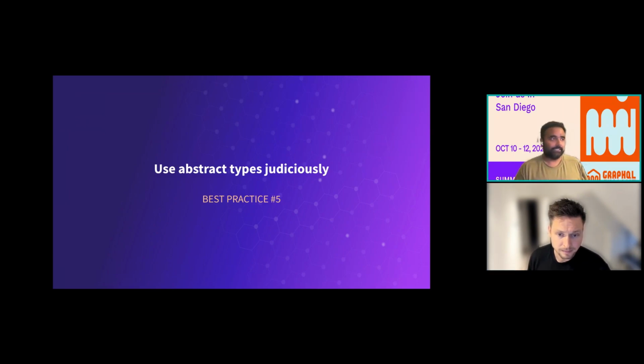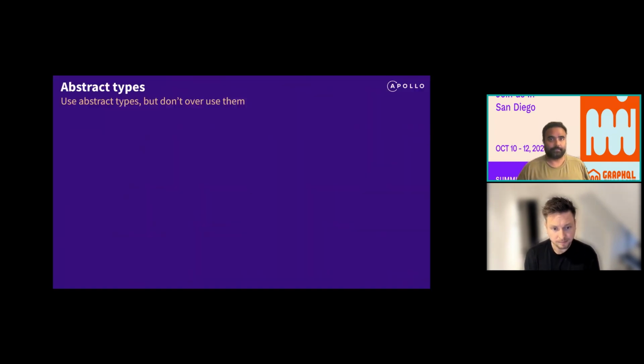Switching gears a little bit and talking about abstract types. We also have some general best practices that apply really well to abstract types. Before diving into the best practices themselves, quick refresher, GraphQL defines two abstract types in its type system, unions and interfaces. So abstract types are really powerful tools in expressing relationships between types in a schema, but really when